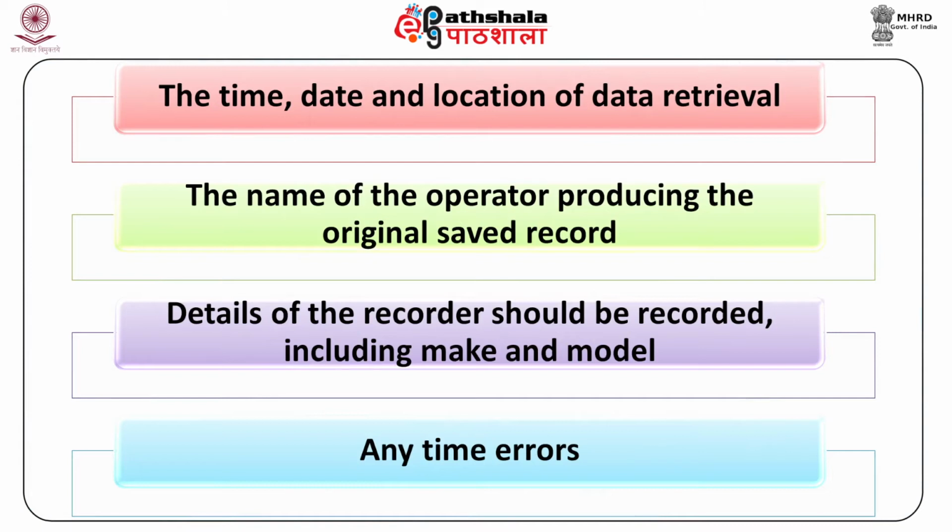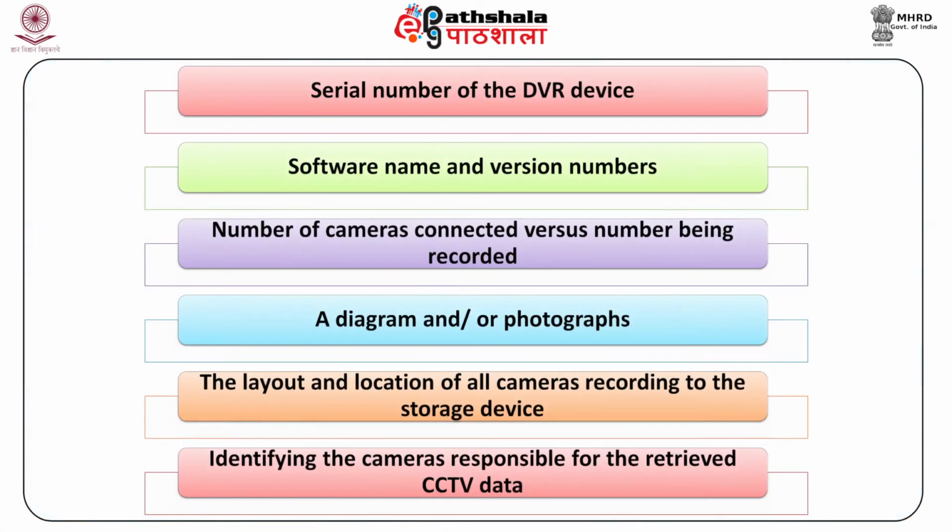B. the name of the operator producing the original saved record, C. details of the recorder should be recorded, including make and model, and D. any time errors. System displayed time versus actual current time. Other information to record may also include E. serial number of the DVR device, F. software name and version numbers, G. number of cameras connected versus number being recorded,